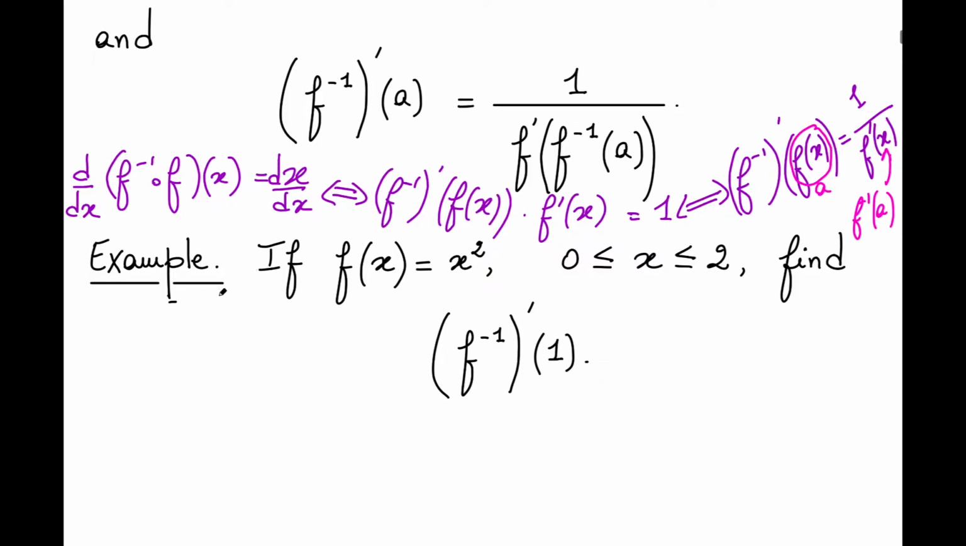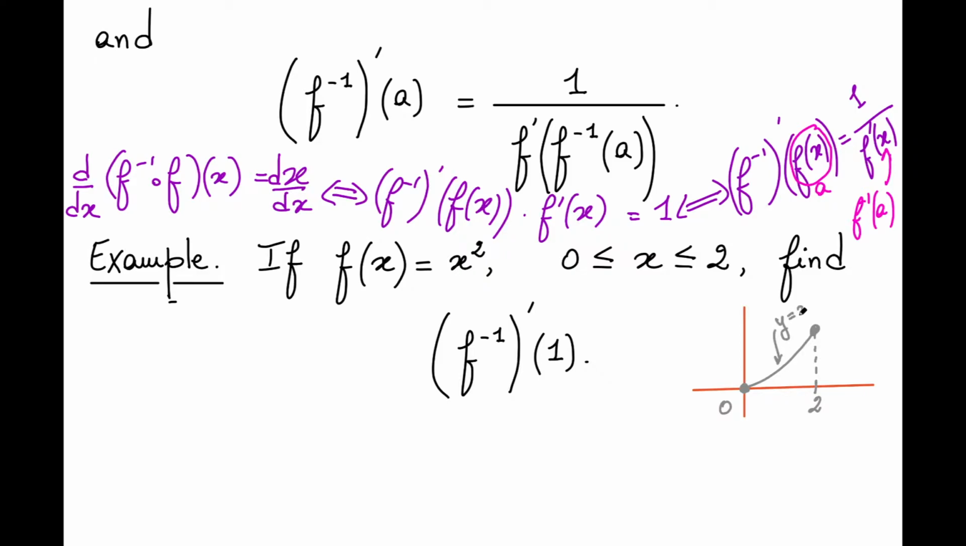Let's take this example. If f of x is equal to x squared, well, this function is not 1-to-1. However, if you restrict it on 0-2, it becomes 1-to-1. How do you graph this function f of x? Well, it's something like this, right? It's a piece of the parabola between 0 and 2. So it's this part of the function